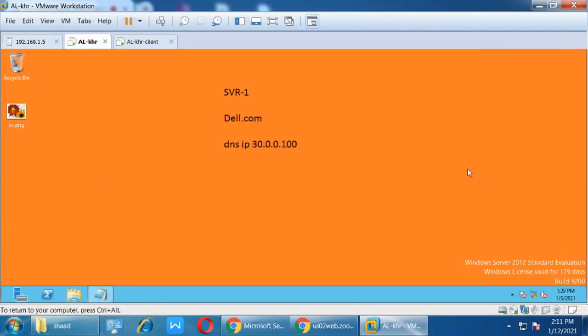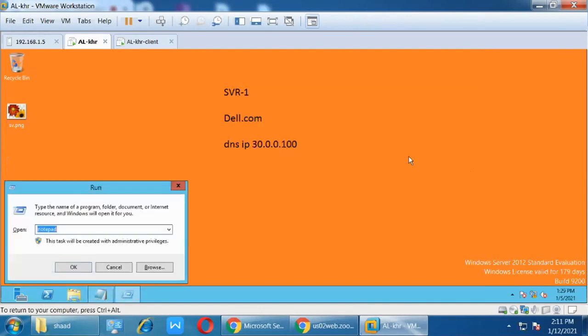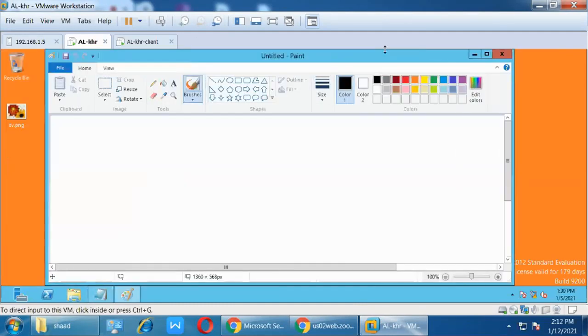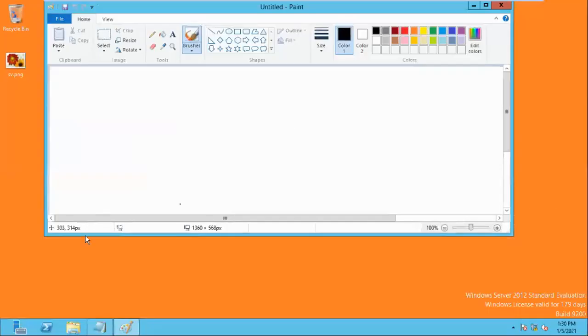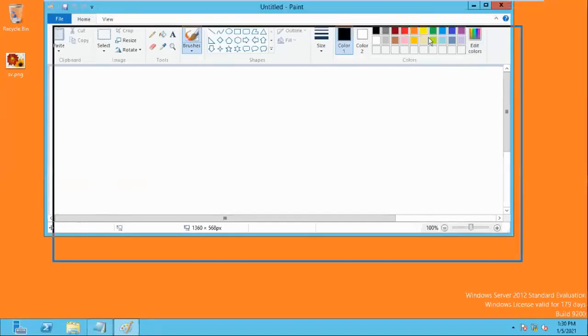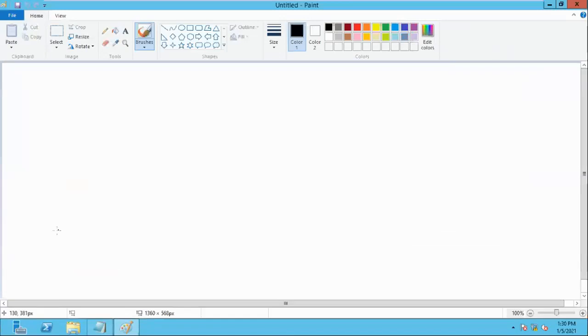Okay guys. Now, actually what happened in the background? See, this is my server. This is my database, meaning a folder, for example a sharing folder, the user profile folder.